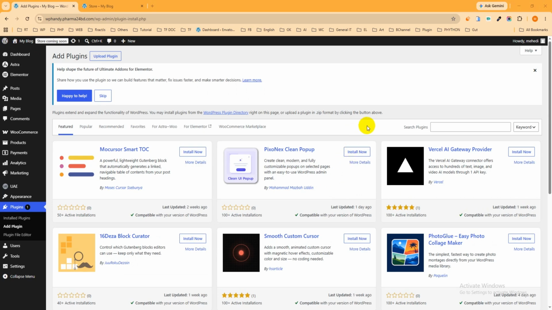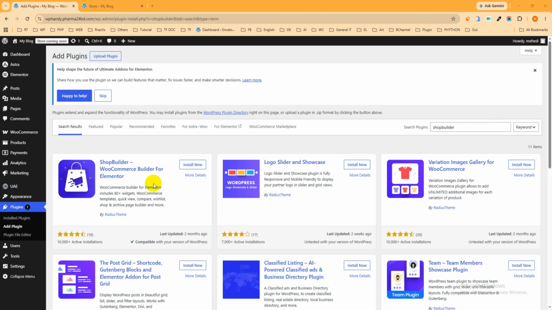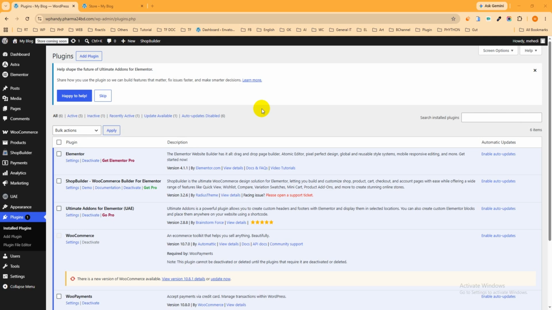That's great. Now I just have to search for the WooCommerce Elementor free add-on, whose name is Shop Builder. So type here Shop Builder. Yes, and this is the Shop Builder WooCommerce Builder for Elementor. So just click over here, install now, then activate. After installing and activating the Shop Builder WooCommerce Builder for Elementor, you will be redirected to this area, and this